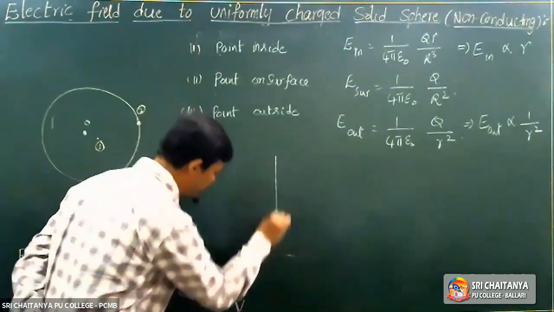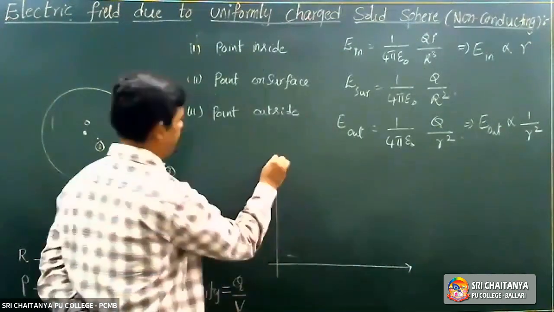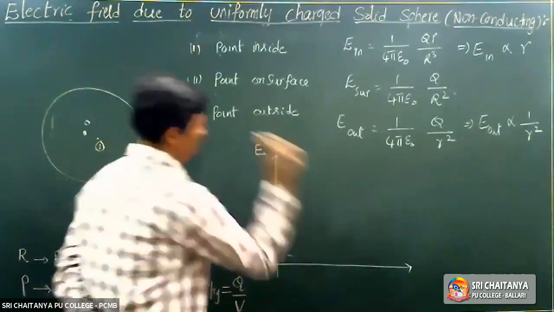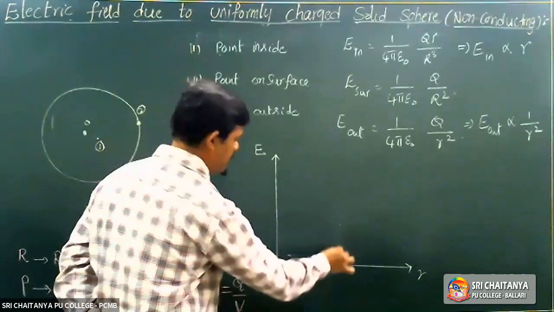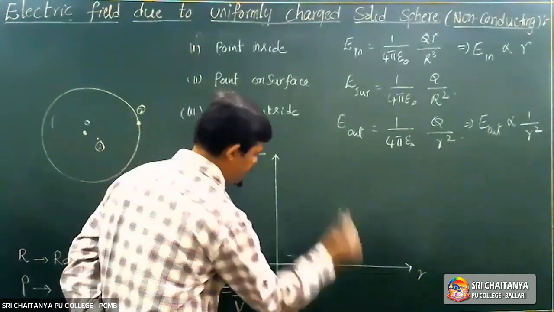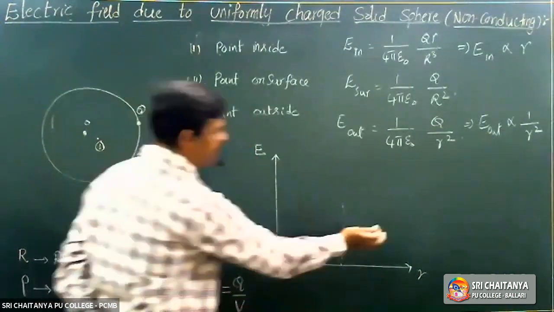Then try to draw the graph, E and r. Already we practiced. This line refers to this part inside, this part